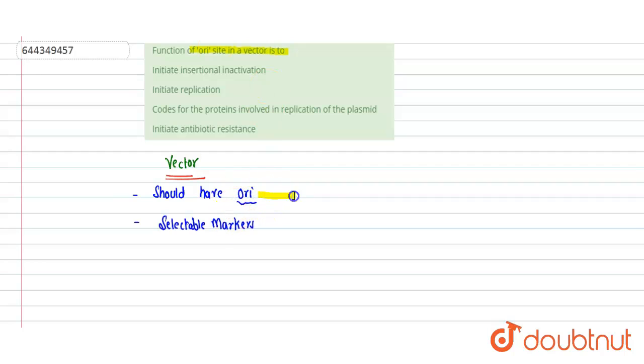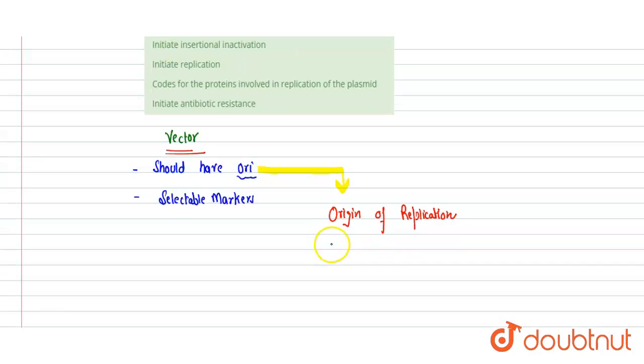Now we will see what is ORI. ORI is the origin of replication. Origin of replication is a genetic sequence, a gene sequence present in a vector. This vector could be a plasmid, a bacterial artificial chromosome, it could be any vector. It is a gene sequence present in a vector, and the main function of this is